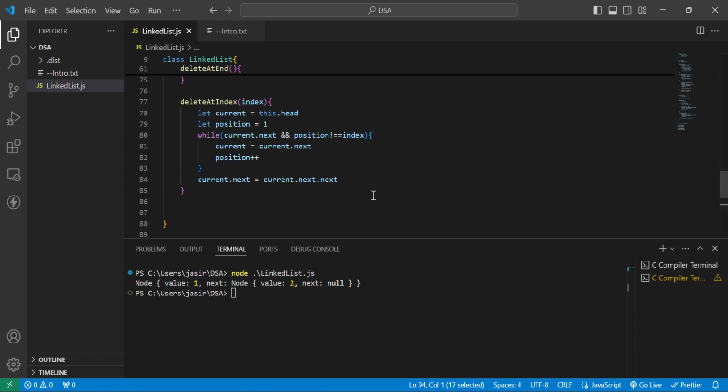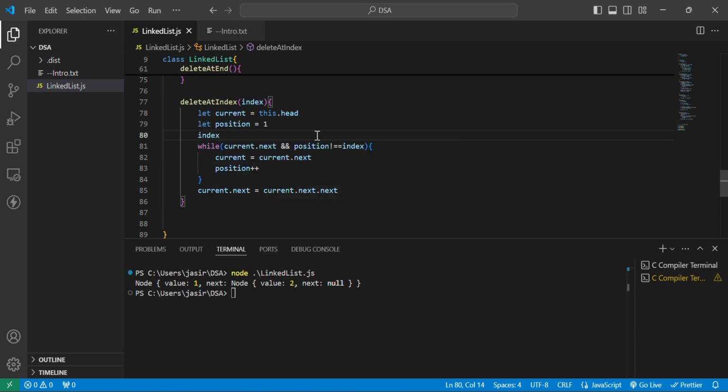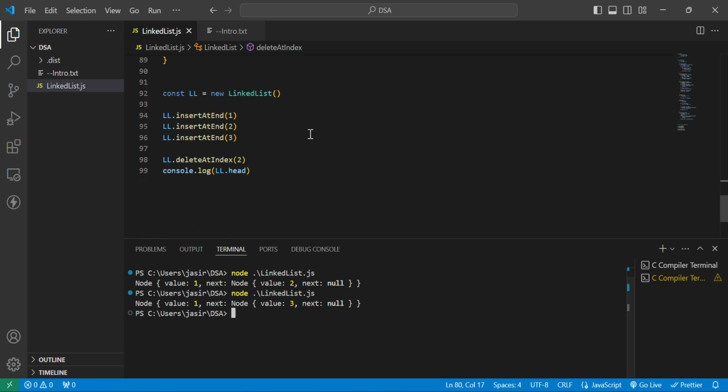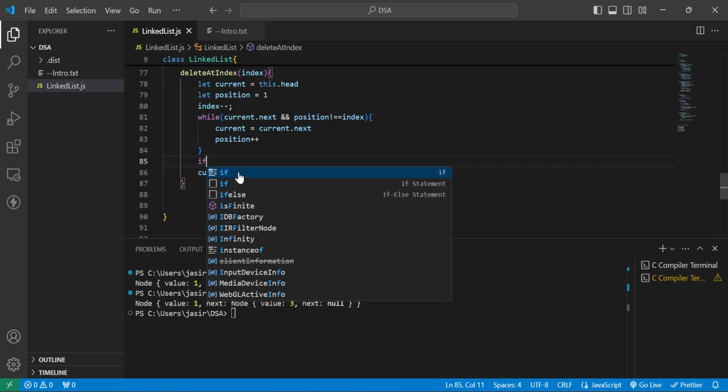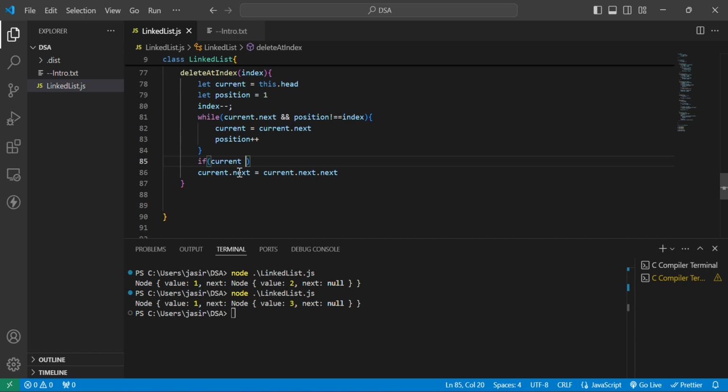So what we can do is set it as 2 or decrement the index. It's totally up to you. I think there are other better solutions for this. But for now, what comes out of my mind is decrement it. That's all we needed, right? So here, yeah, it will return 2. And if current is equal to null,